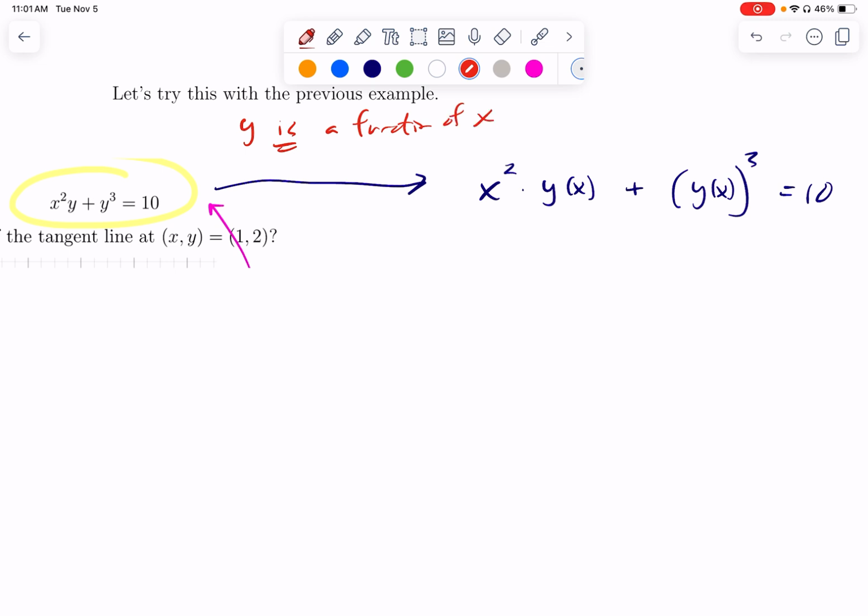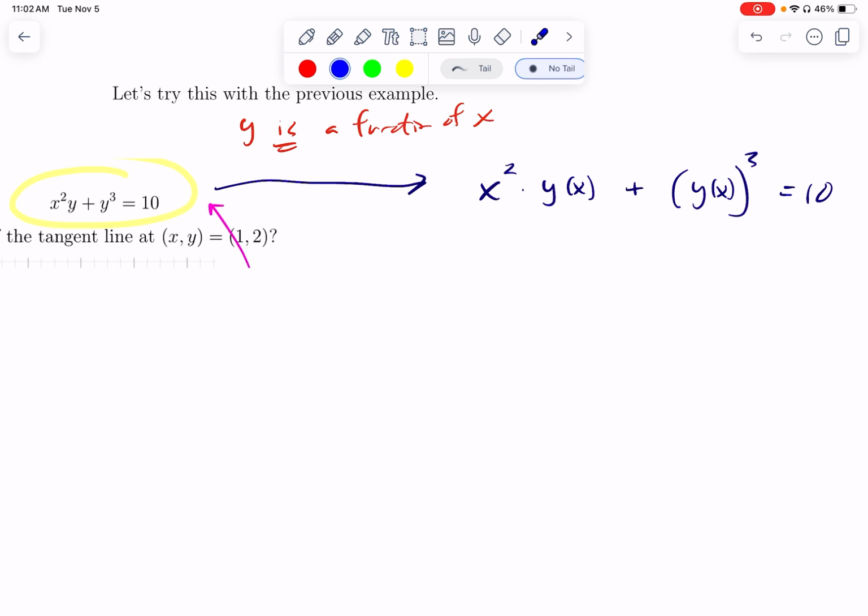So I'm writing it in a way that really looks like function notation so I don't confuse myself. So now what we want to realize is x squared is a function, y is a function, y of x cubed is a function. When I add all these together, this is a very exotic function, but it's a function. And strictly speaking, 10 all by itself is a function. It's a very boring function. So we have a really complicated function on this side and a really dull function on that side, but they're